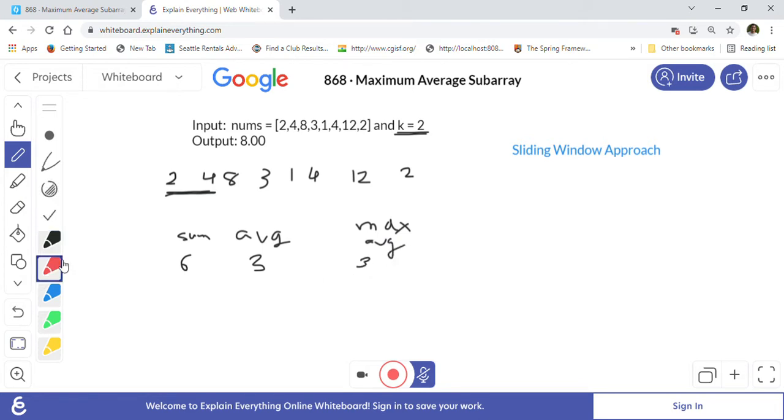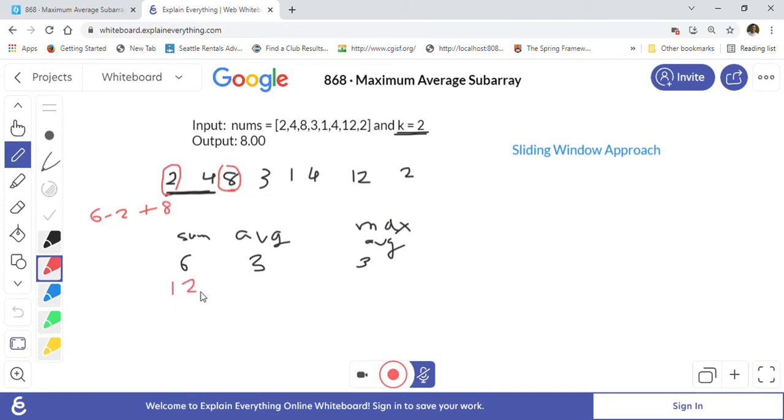The sliding window approach takes the next value, now 8. It will add 8 into the sum, and it will subtract the first value. So 6 minus 2 plus 8 gives the new sum, which is 4 plus 8, equal to 12.